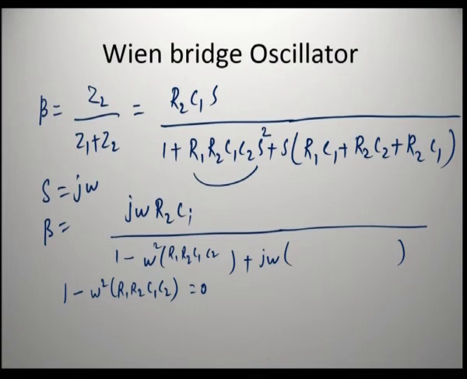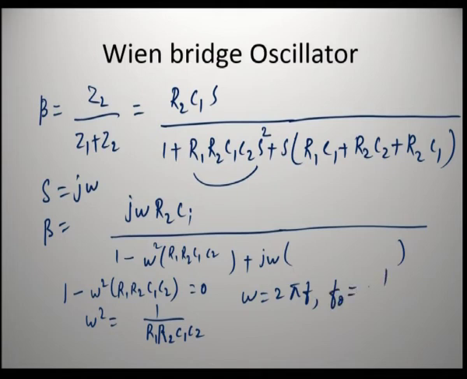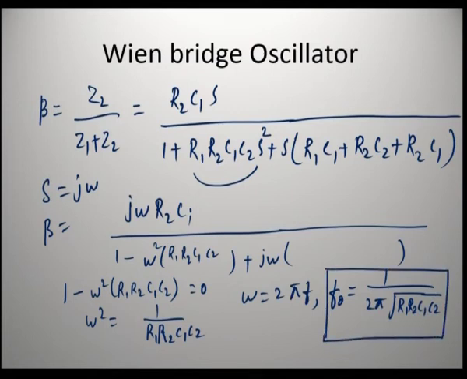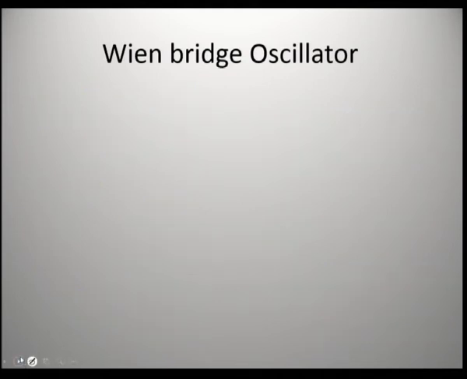So, if you equate this real part to 0, what is the value of omega square? It is 1 by R1 R2 C1 C2, and omega is equal to 2 pi f, so the frequency of oscillation will be derived as f = 1 by 2 pi root of R1 R2 C1 C2, and this is the frequency of oscillation in the Wien bridge oscillator. At this frequency we will have sustained oscillation, and if you substitute this value in